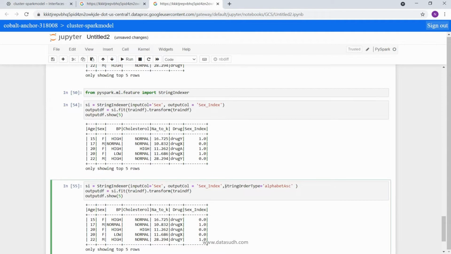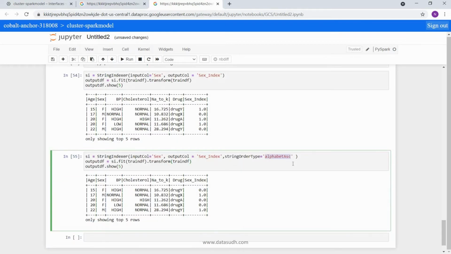Now when we specified a string order type, your female value became 0 and your male value became index 1. The reason is we have given that the string order type should be alphabet ascending.